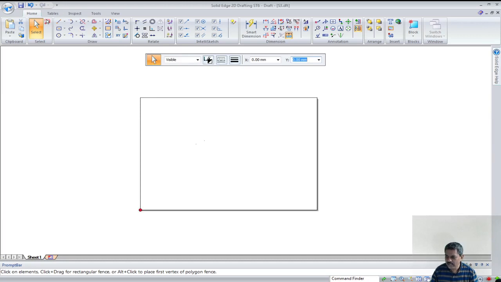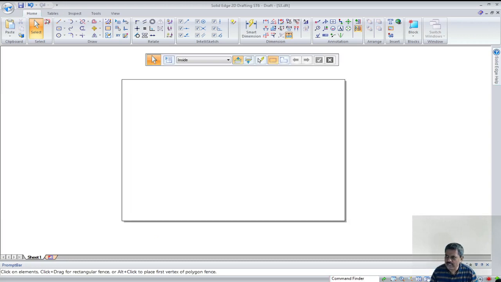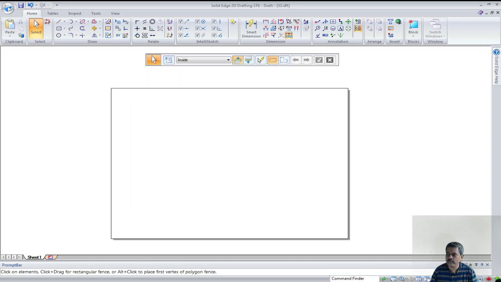So the bottom edge indicates the x axis direction, and the vertical edge indicates the y axis direction. And of course z is pointing towards us, and that is how we can put a point anywhere on the sheet. And of course you can access those points by various methods, by snapping methods. Anyway, I will talk to you about that later.